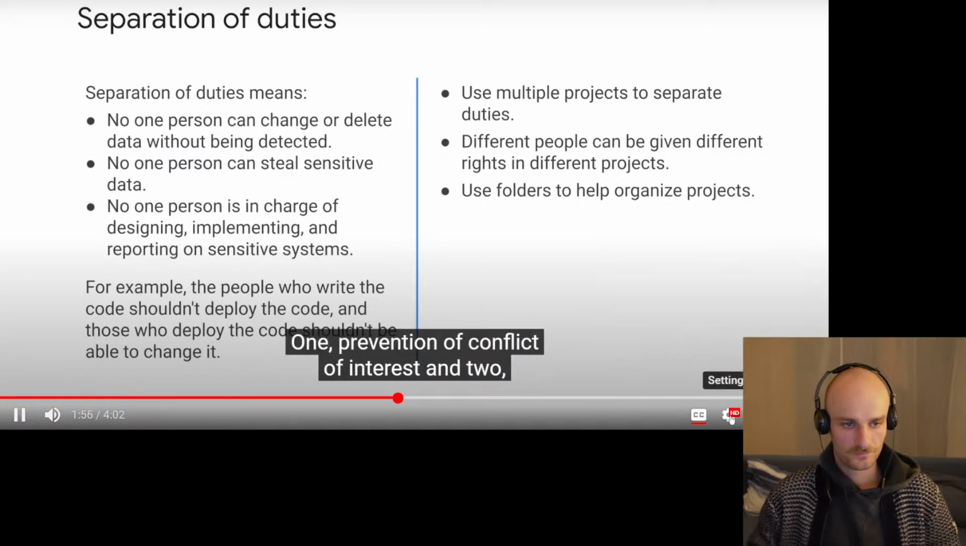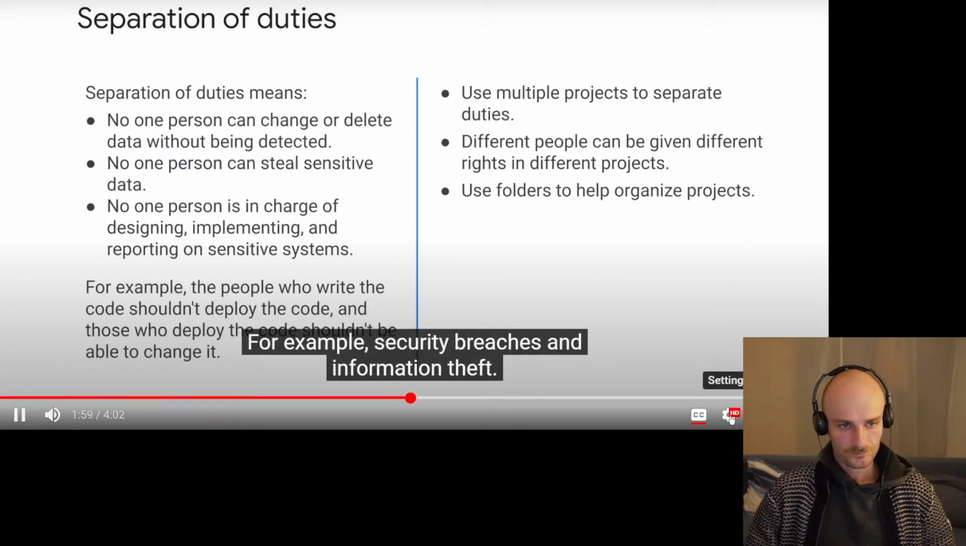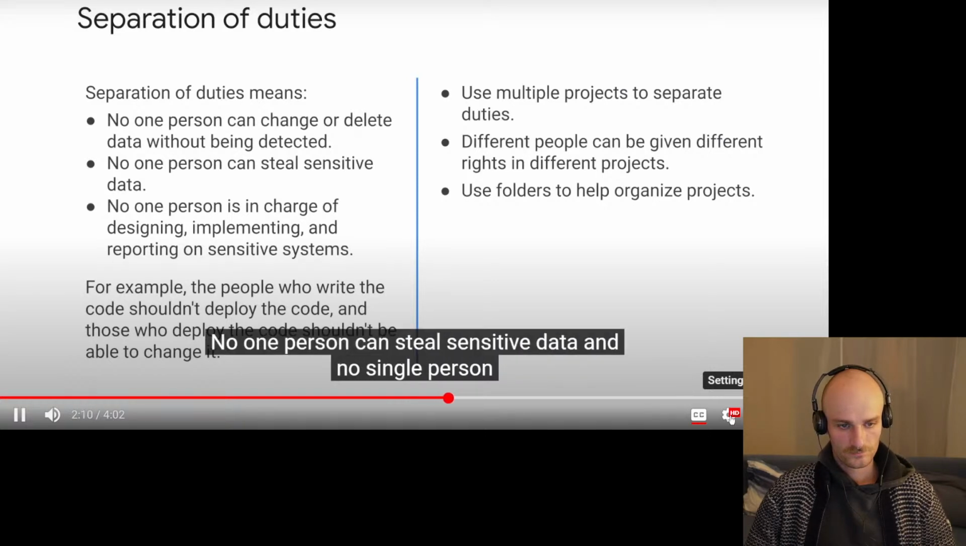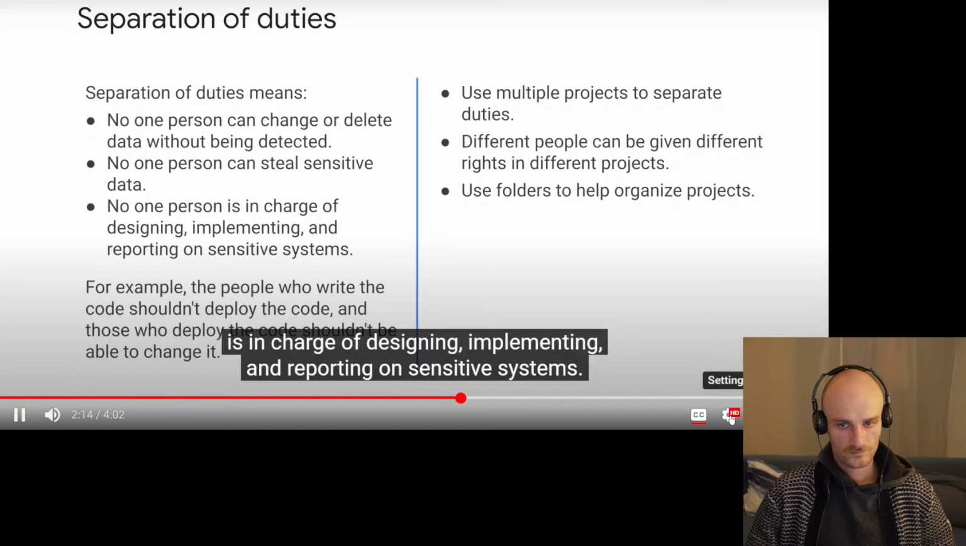1. Prevention of conflict of interest. And 2. The detection of control failures, for example, security breaches and information theft. From a practical perspective, this means that no one person can change or delete data without being detected. No one person can steal sensitive data, and no single person is in charge of designing, implementing, and reporting on